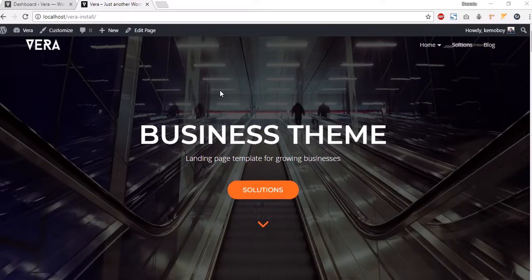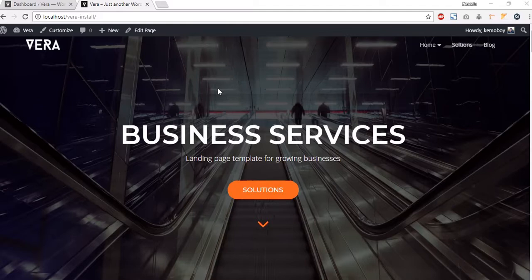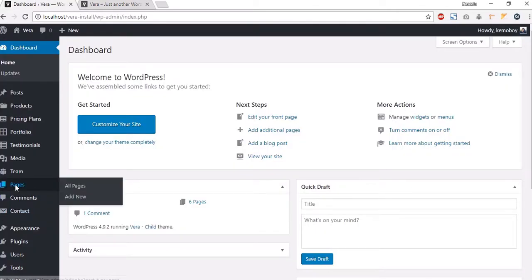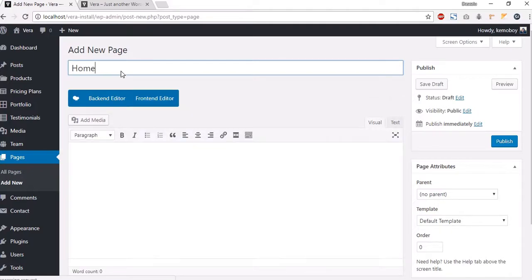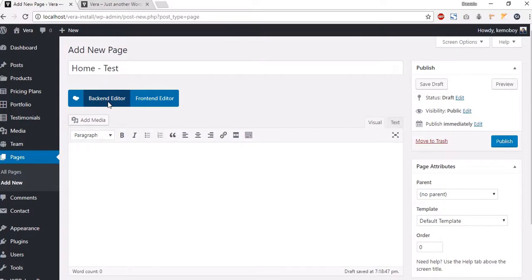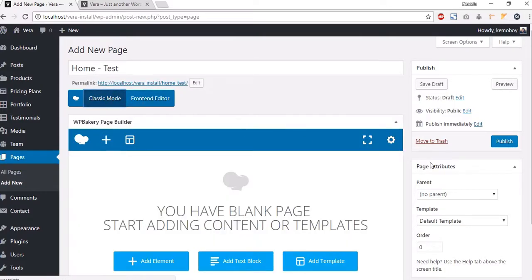Hello everyone, in this video I'm gonna show you how to create a similar page to the one that you saw in the demo. So for this, let's go to pages and let's add a new page and let's call it home-test. Switch to backend editor on here, and in the right side on page attributes select Visual Composer black template and then click publish,